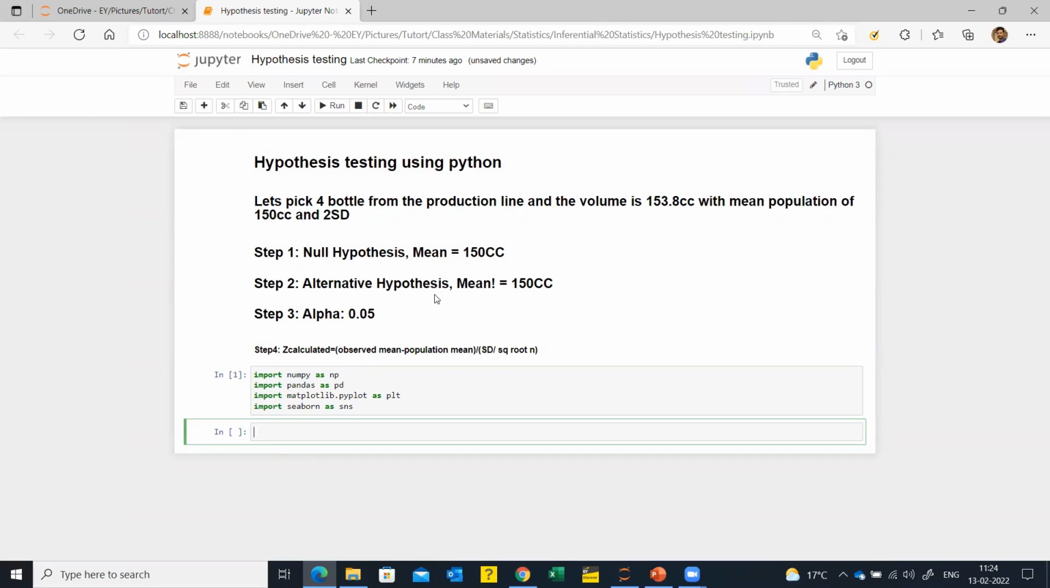Okay, so we all know these first 3 steps don't require any calculation. The only thing we need to find out is z calculated. So let's find out z calculated. Z calculated is equal to 153.8, right, minus 150, and then divided by, you can write 2 is the standard deviation, divided by np